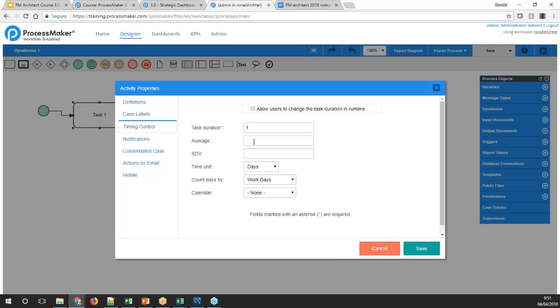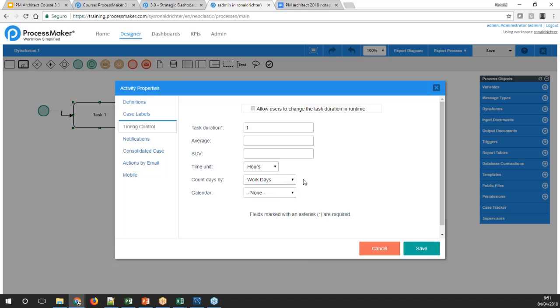The same goes for the standard deviation. And these values also need to be calculated by running a cron job for these specific KPIs. It will just get all these durations, get the standard deviation and the average, and fill in these options here. Right now we don't have anything. We didn't run the cron job, so we won't have these values. We have the time unit, could be days, could be hours,